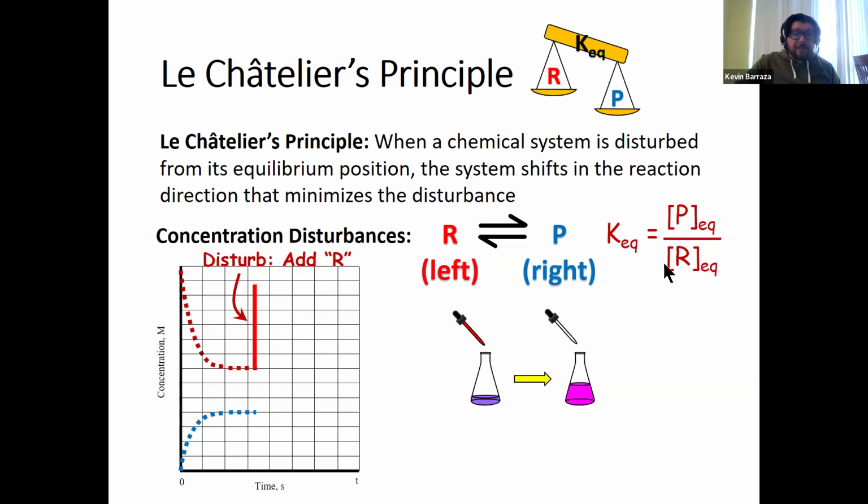It would be the bottom of the fraction, yeah, right? Yeah, the bottom of the fraction. So this ratio is now not the correct ratio. We already had it perfect. But if I make the top too big without changing anything else, then this is not the correct ratio anymore. So what I'm going to have to do is change things around, start shifting things around in order to come